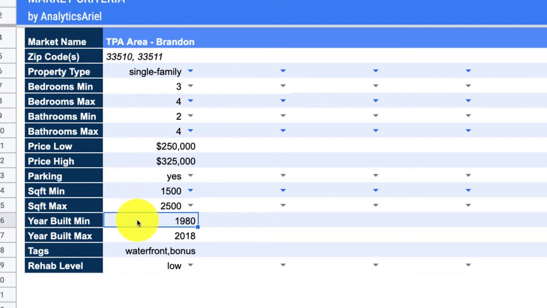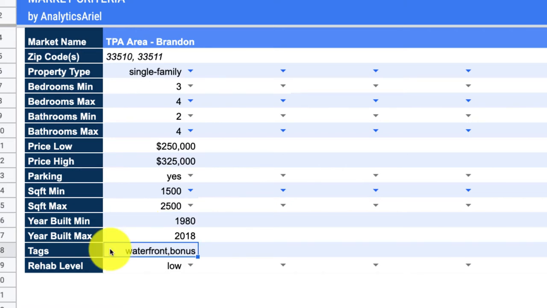However, in my market in South Amboy, 1980 would be very, very new with not much upside. The property that I had was from the 1910s. So it's really dependent on what the median is in your area, as well as what type of work you're comfortable with doing. Maybe everything from 1910 always needs a foundation replacement and you're okay with that, then you should really target in for those properties.